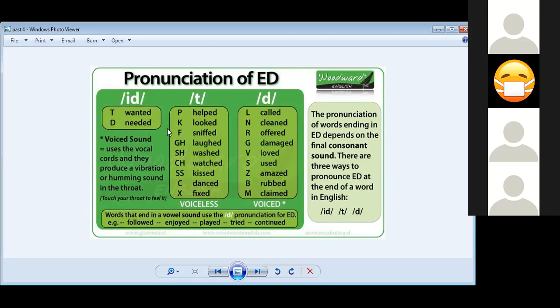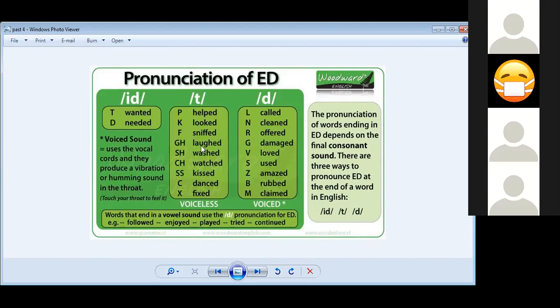When the verb ends with those letters, we pronounce "t". Listen carefully: helped, looked, sniffed, laughed, washed, watched, kissed,